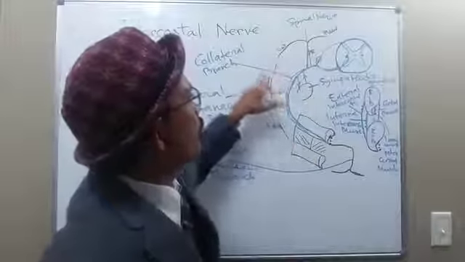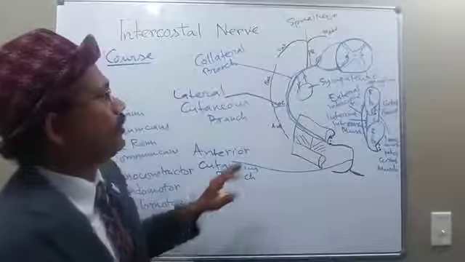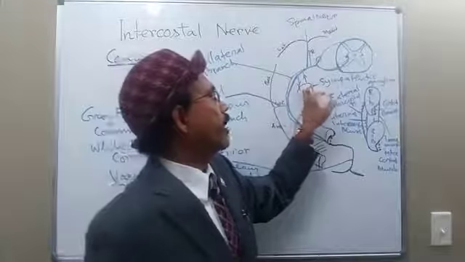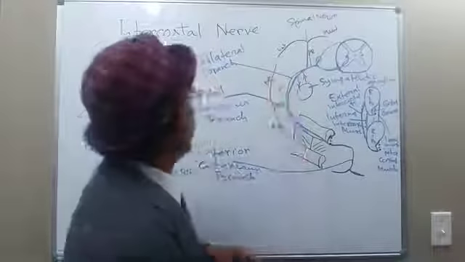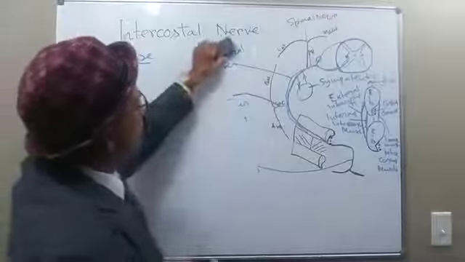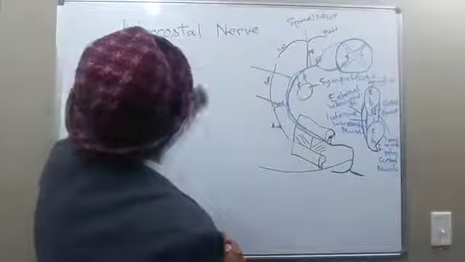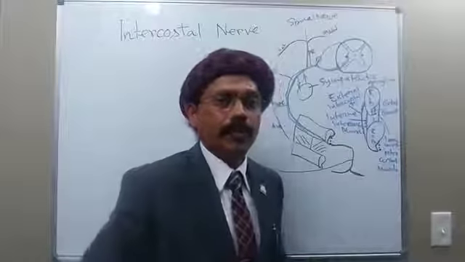We also have anastomosis between this and that. We also discussed the sympathetic chain of ganglion connected by white rami communicans and gray rami communicans. Now we have gone through the intercostal nerves, and the atypical intercostal nerve should supply the